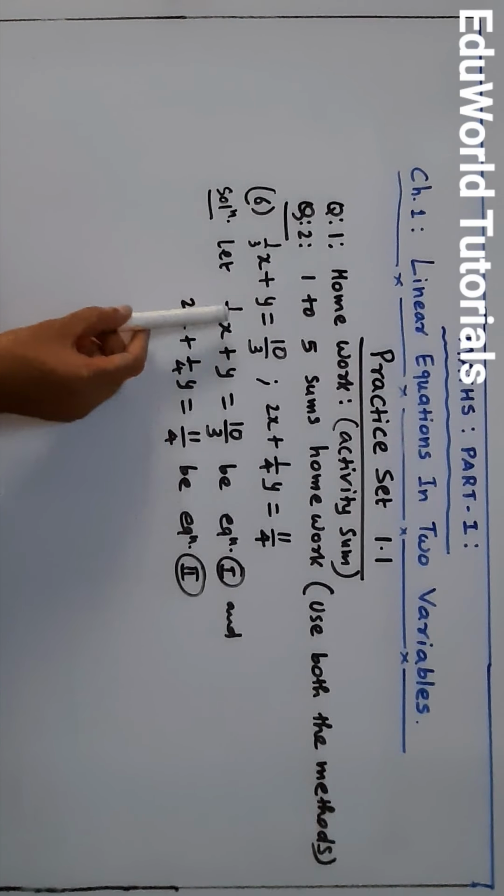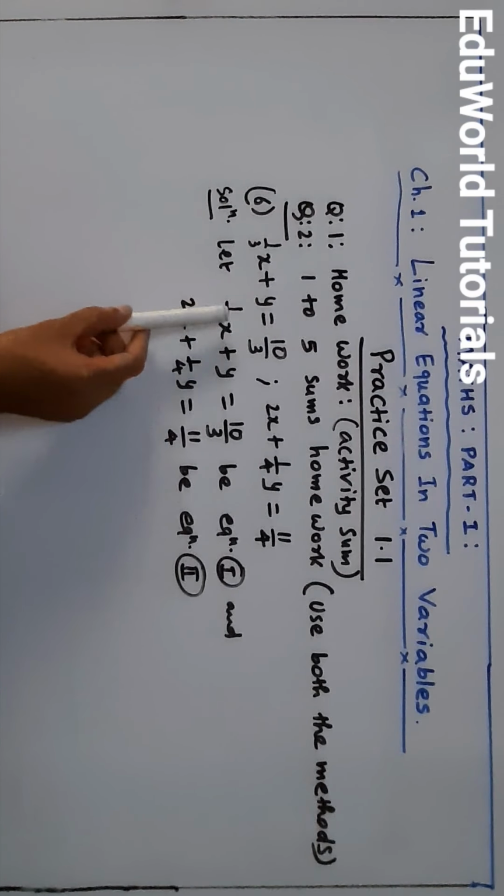Similarly, here you see that 4 and 4, the LCM of these denominators is 4. So we multiply equation second by 4. So we get equations of the type which we see in questions 1 to 5 in question number 2. So as I told you, what we have to write? Multiplying equation first by 3 and equation second by 4, we get, okay, now I have taught you in 9th standard how to multiply an equation.